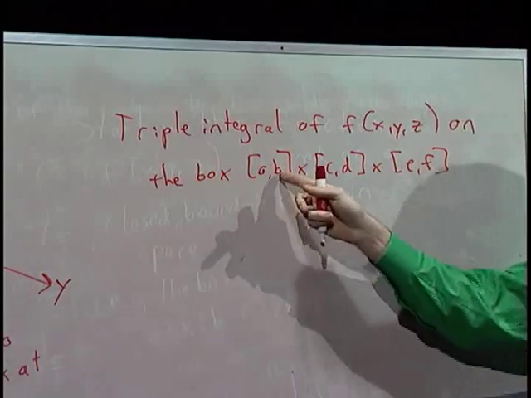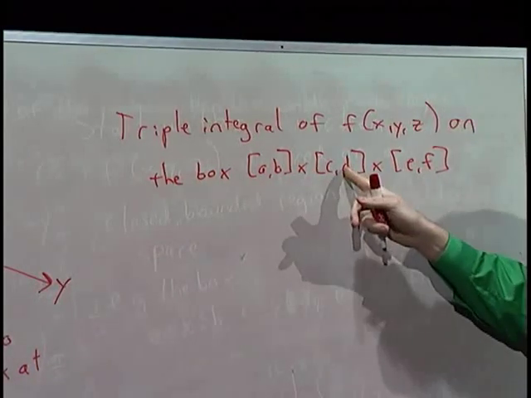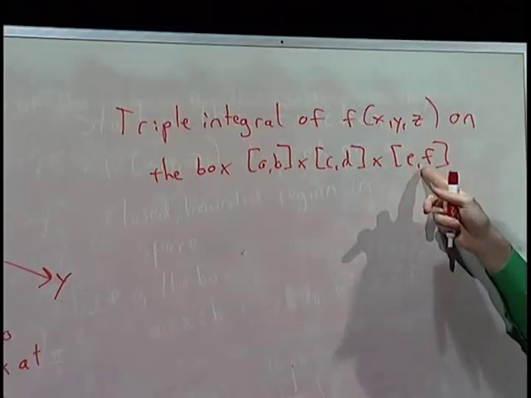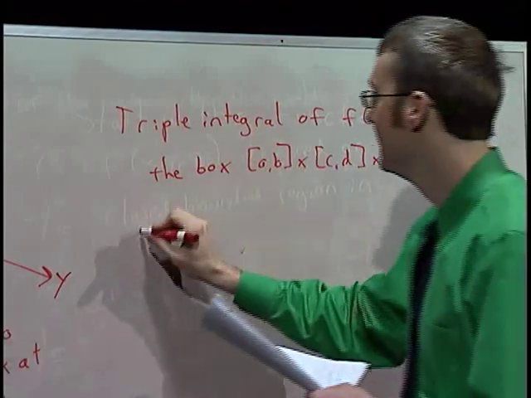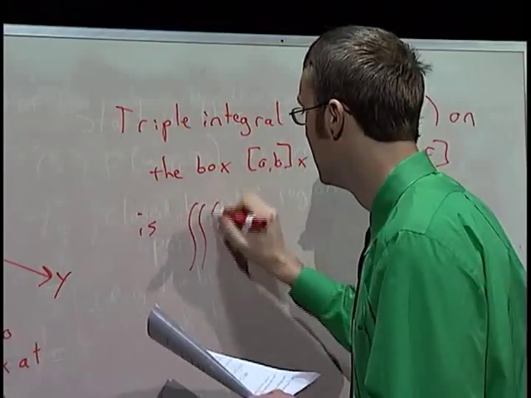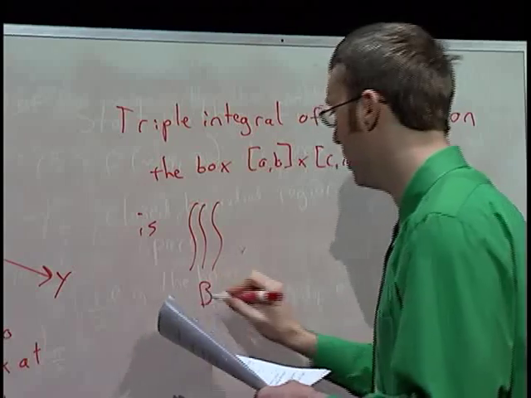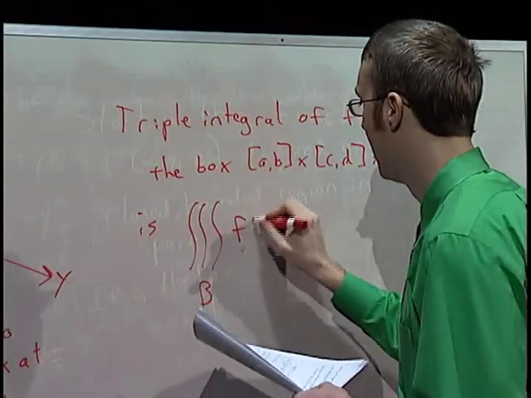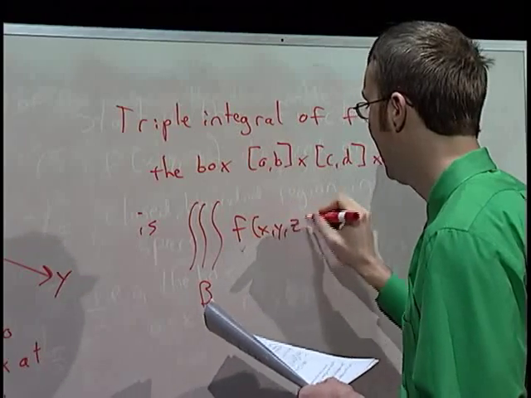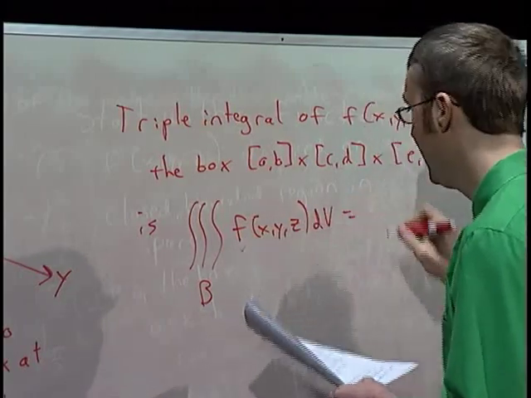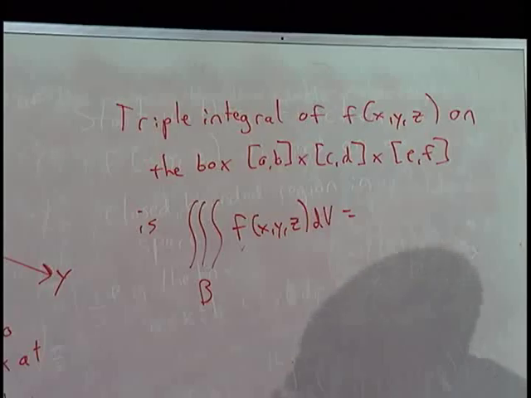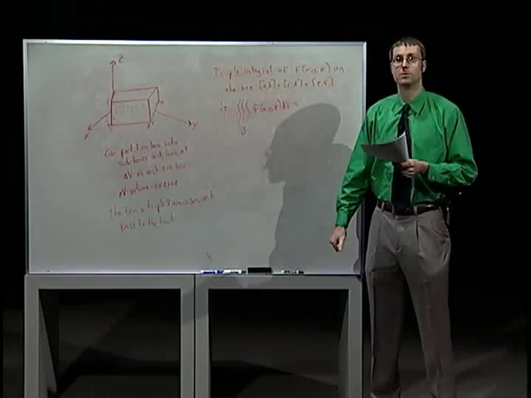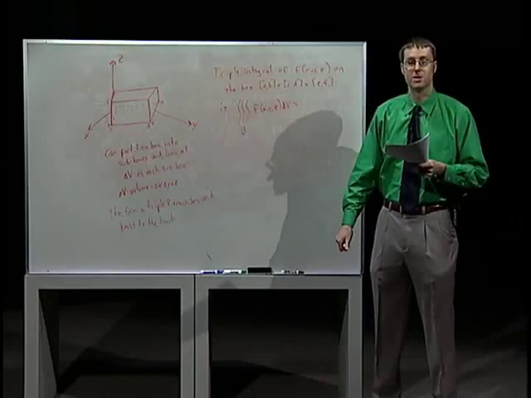And this just means x is between a and b, y between c and d, z between e and f, is the following thing. So triple integral, we'll call the region B, it's a box, of f of x, y, z dV. And there was a theorem for double integrals that we used that showed us we could evaluate these